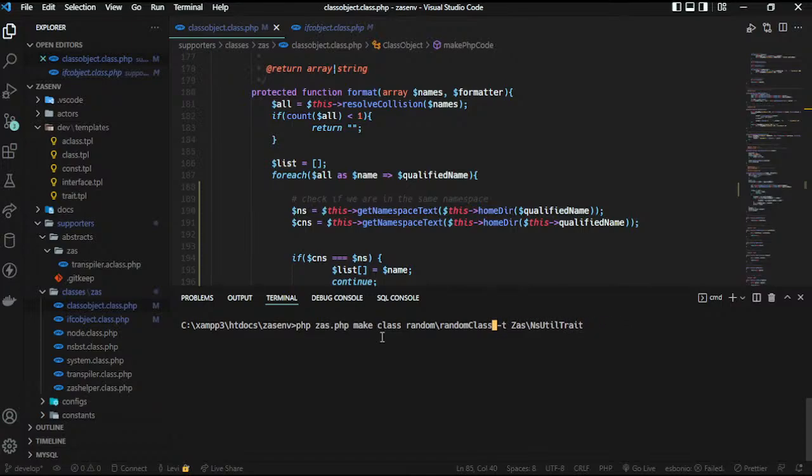We don't need to put a parent class for this random class, but it uses two interfaces. So the first interface, that's -I, we're going to call it random connector. So random connector uses the interface from maybe